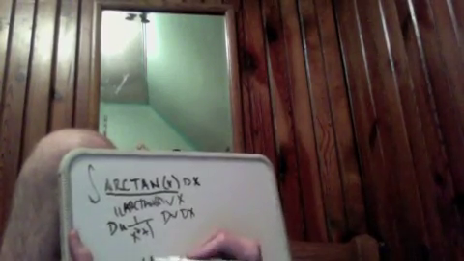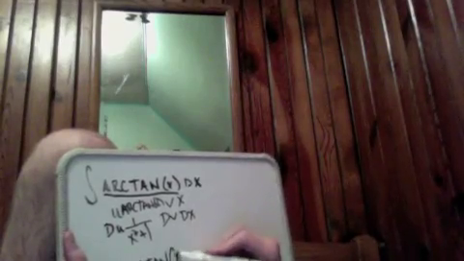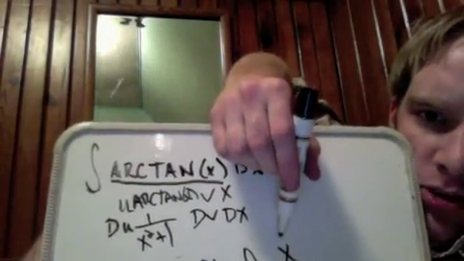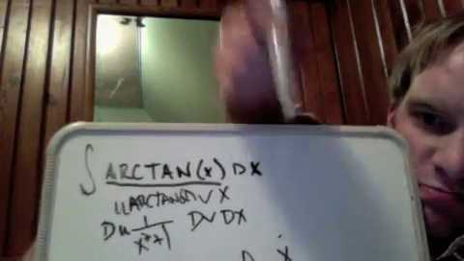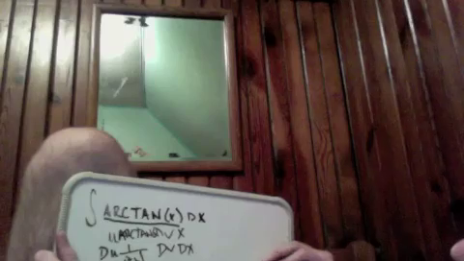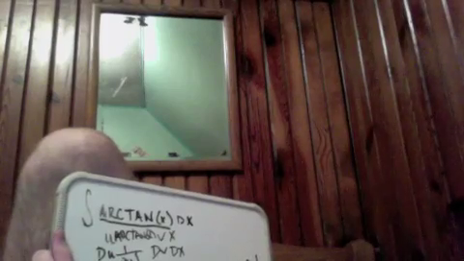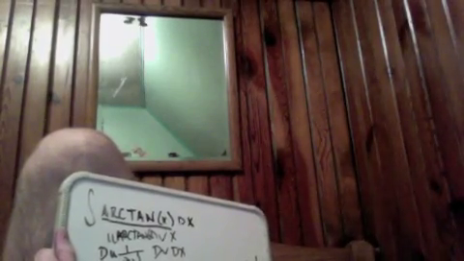The x arc tangent x minus integral of x over x squared plus 1. Okay, so now we see this right here. This should just be a usual u substitution, nothing much to it. So we'll say u equals x squared plus 1, du equals 2x, so 1 over 2, just integrate 1 over 2u du,